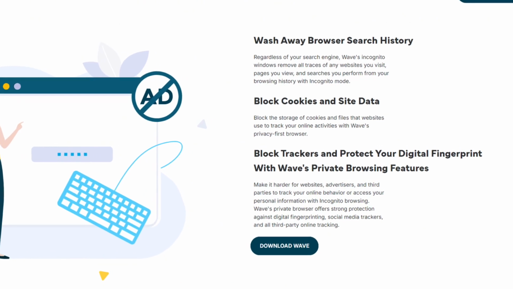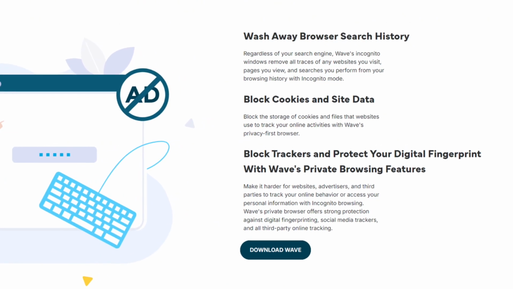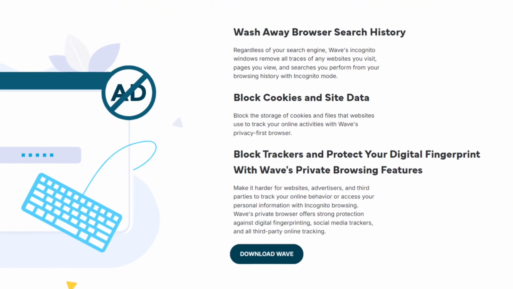However, keep in mind that your activity might still be visible to websites you visit, your employer, or your internet service provider. And that's it! You're now browsing in incognito mode. If you want to exit incognito mode, simply close the incognito window and you'll be back to your regular browsing